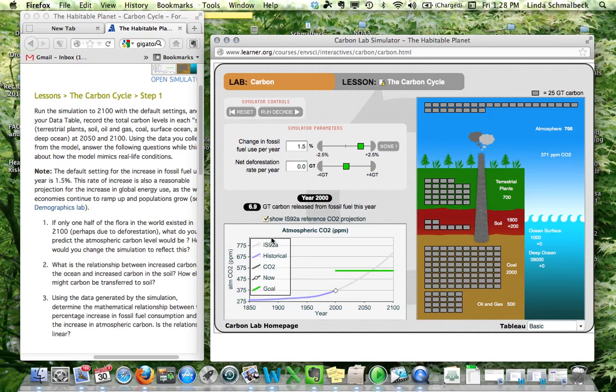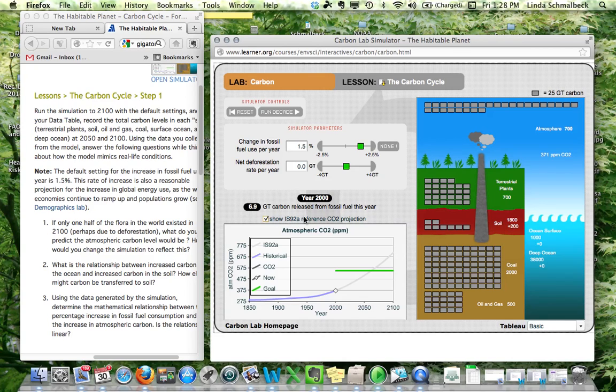And you see here we've clicked Show IS92A reference CO2 projection. That's a particular model that assumes lots of things about how much oil and gas we're going to be using, how much energy we're going to get from alternate sources, etc. That is explained in the help section if you want more detail on that,